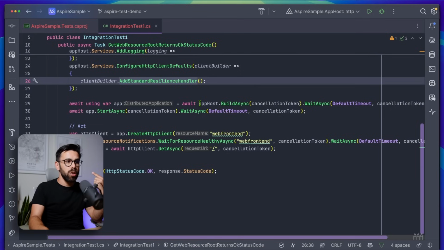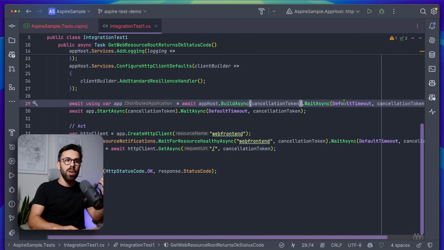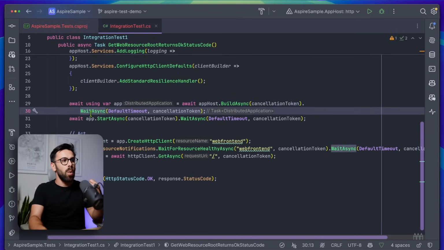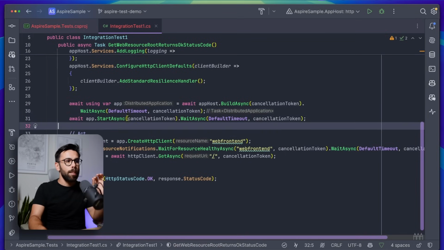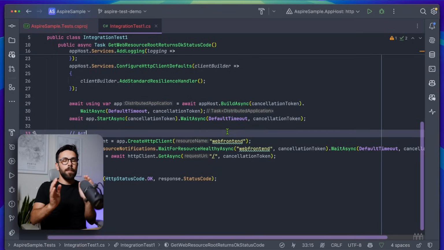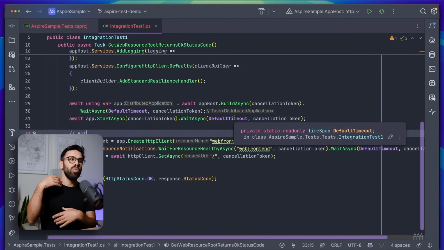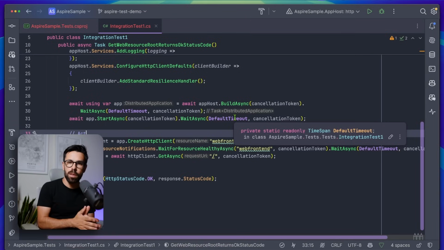Then we do the app host build async, provide a cancellation token, and also we have this await async with a default timeout. Why? We are basically doing in those 2 lines the following. We are saying, let's start this infrastructure and let's wait for a given amount of time. Then we'll start testing this thing. So basically, we want to be sure that those